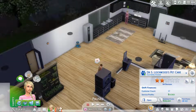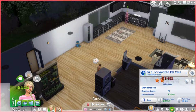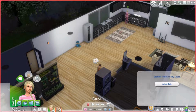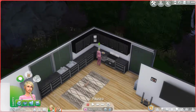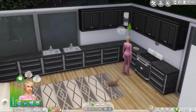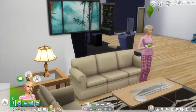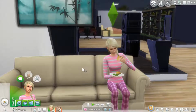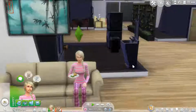So we are going to transfer the 3651 to our household funds. And Scarlett is going to call everyone to meal. Scarlett's like, everybody, come eat. So she's calling her boyfriend, her new boyfriend, Arthur. I'm so excited for these two. They're gonna have something to eat, and then